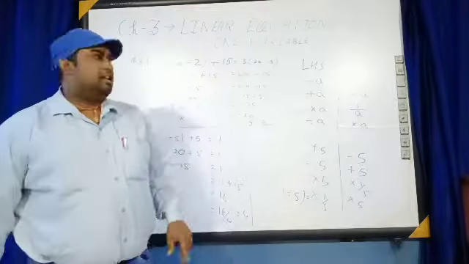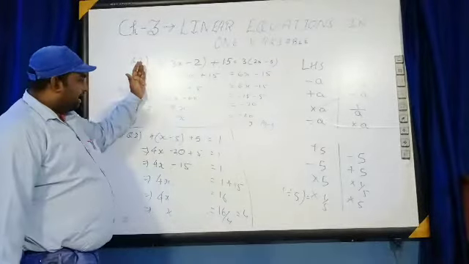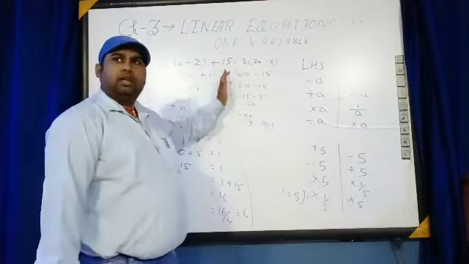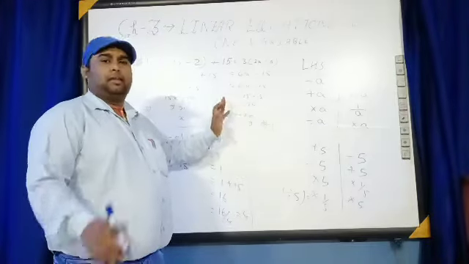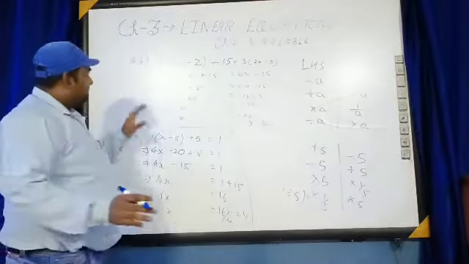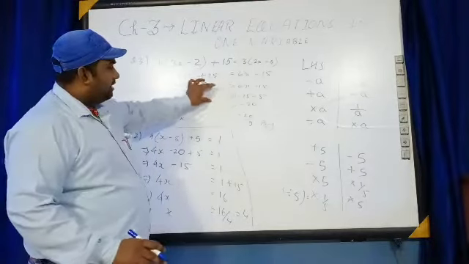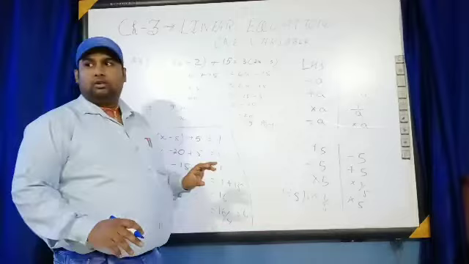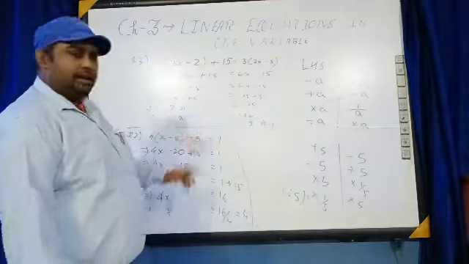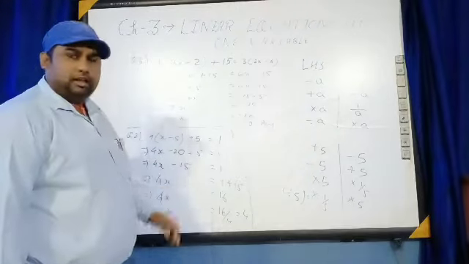One more thing you should notice here: the implies signs should all be written parallel to each other, and the equal to signs should also be written parallel to each other. You should not write like this. Some students are changing the equal sign position, varying from line to line. This should not happen. Finally, you have to write and solve the equation in this way.